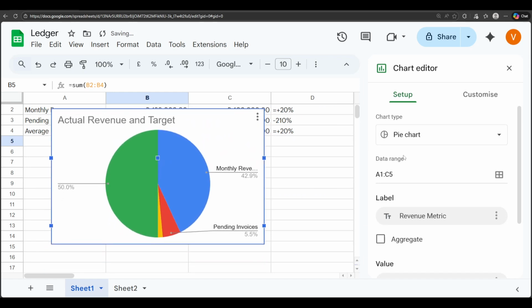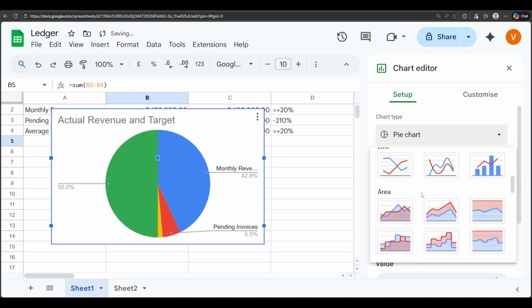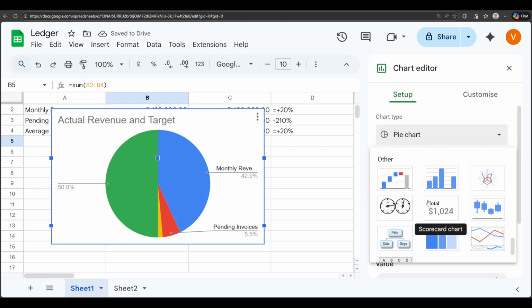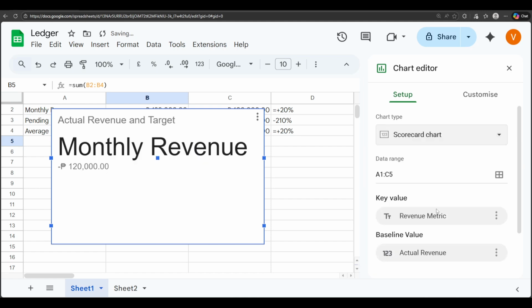In the chart editor, look for the chart type drop-down near the top. Click it to open the list of available chart types. Scroll until you find Scorecard, then select it. As soon as you choose Scorecard, the chart on your sheet transforms into a clean tile that highlights your selected number. That's it. The scorecard is now connected to the cell you picked and will automatically refresh whenever the underlying